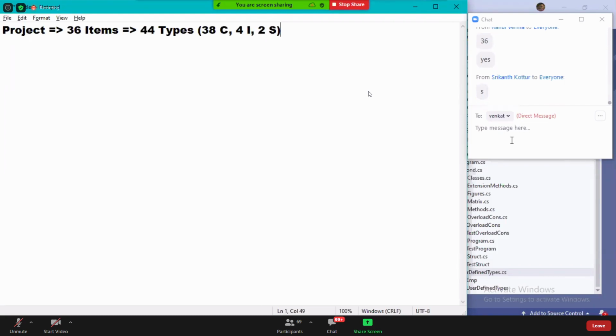For example, you're developing an application for the healthcare industry.